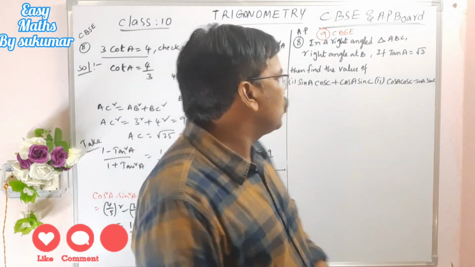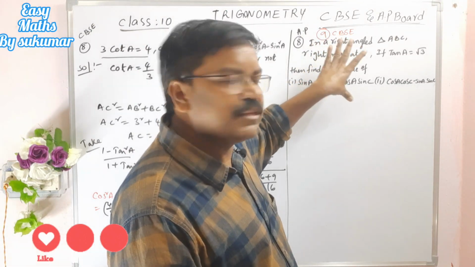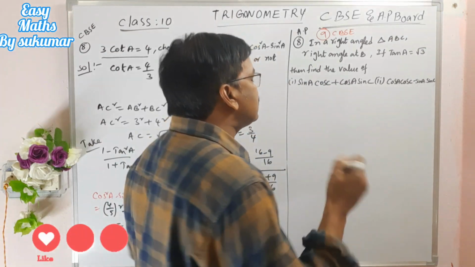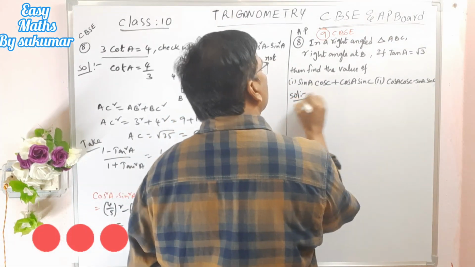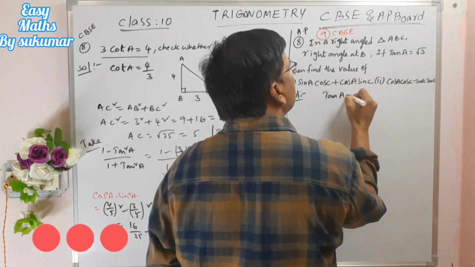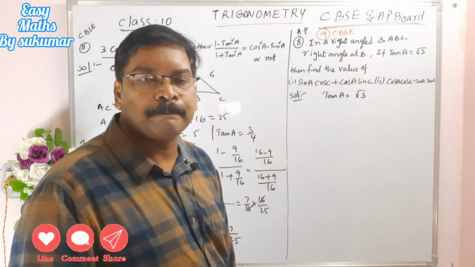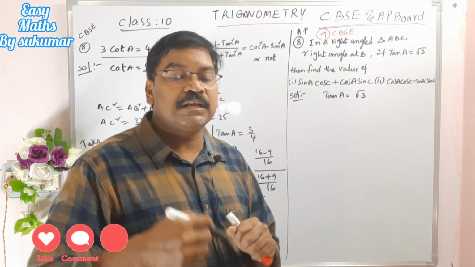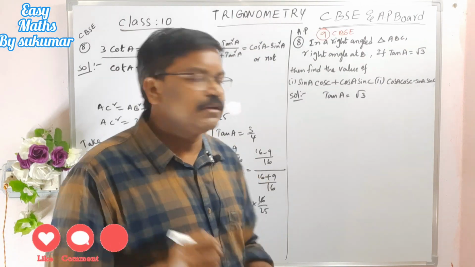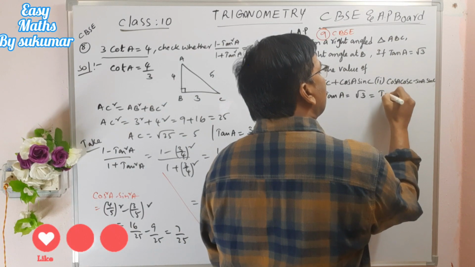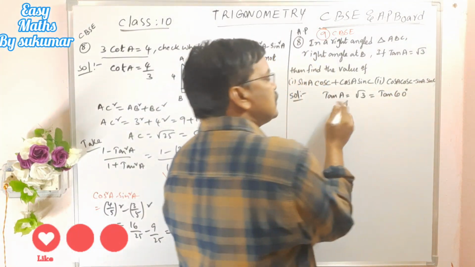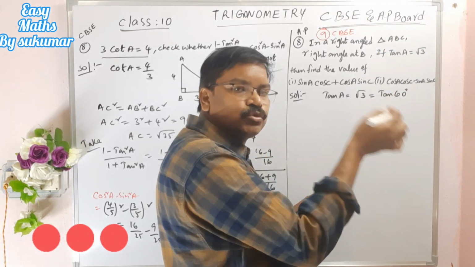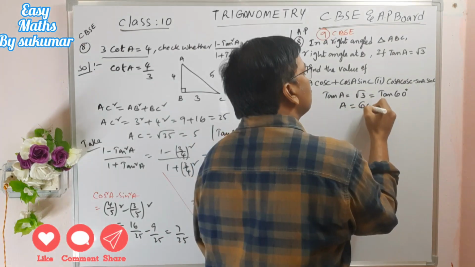Right. But if you know this sum, then easily you can solve this ninth question also, my dear students. Right. See what is given here. I will solve this sum in a simple way. Tan A is equal to root 3 is given. Actually, in the coming exercise, we are going to learn a trigonometric table, the values of trigonometric ratios. So actually this root 3 is equal to tan 60 degrees. So that means tan A is root 3 means tan 60 is root 3. So here, my dear students, A is equal to 60 degrees.